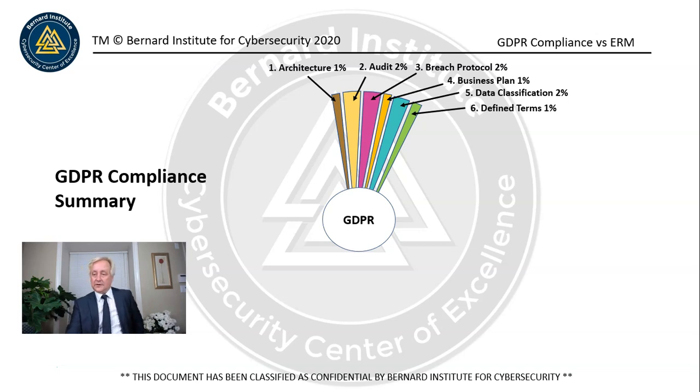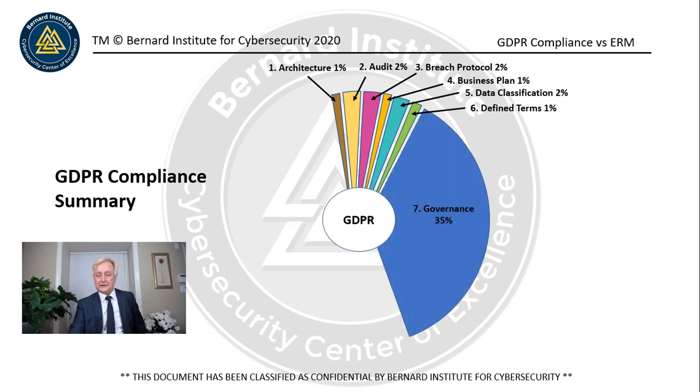1% on defined terms, so we need to have a glossary of legal defined terms. It needs to be maintained. 35% on governance, and we talked a lot about governance. So governance is very important. The governance people will be looking at the inputs, making decisions. There would be outputs, and then there would be somebody taking those outputs, someone assigned to delivering on those outputs.